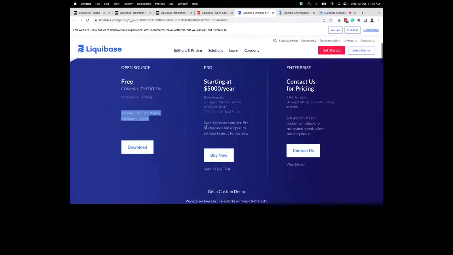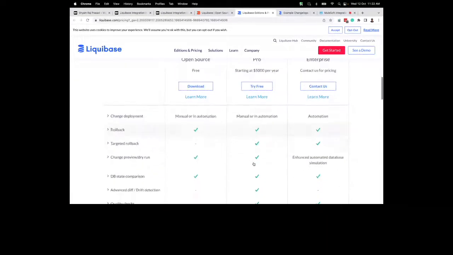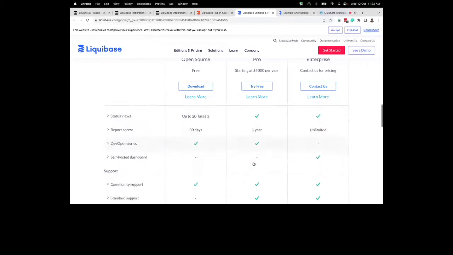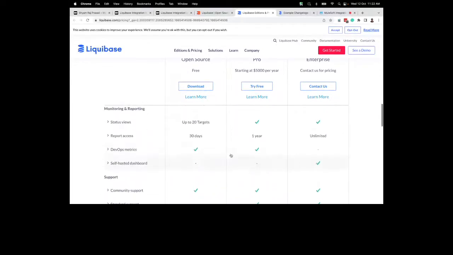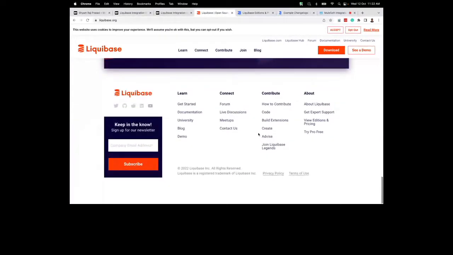If you want to work faster and smarter, then you can go with Pro and Enterprise. Here are some analysis features available in Pro, so that you can see. Okay, I'm not going into much detail on the editions and pricing. So, coming back to